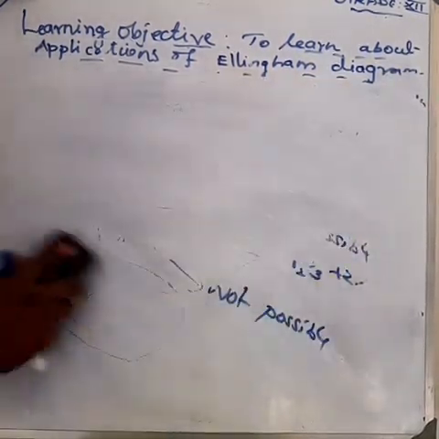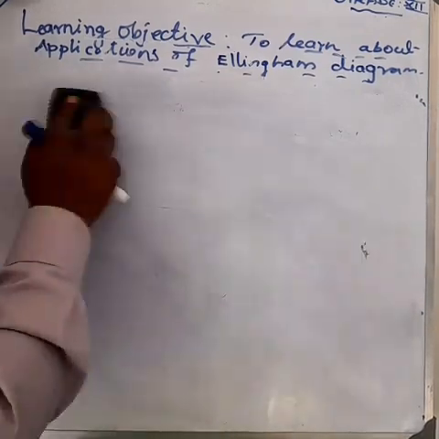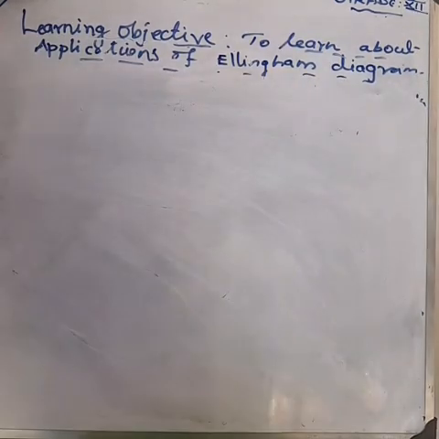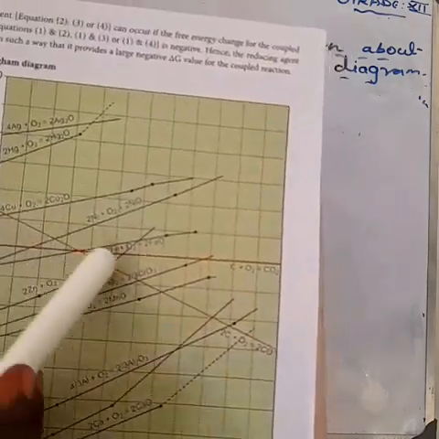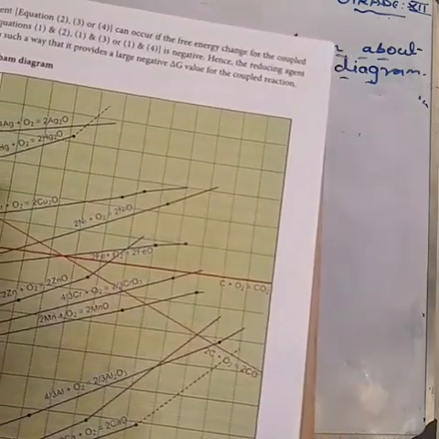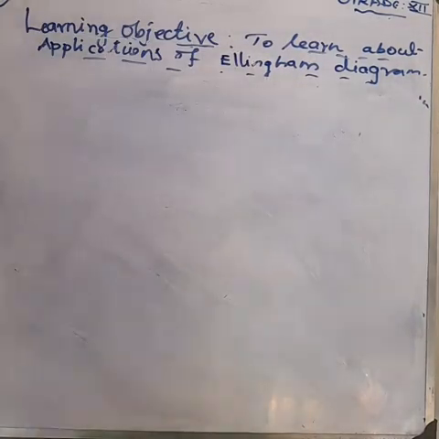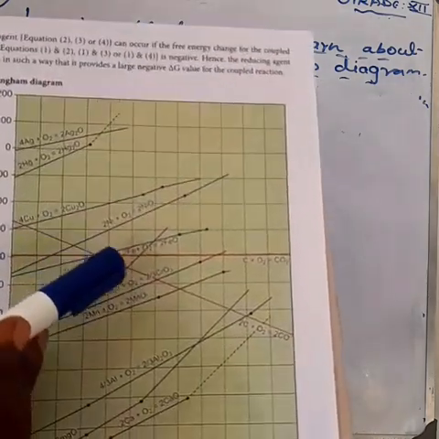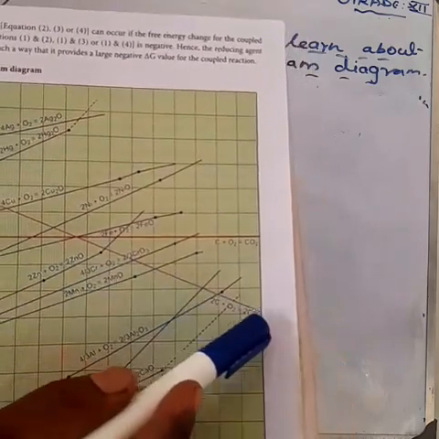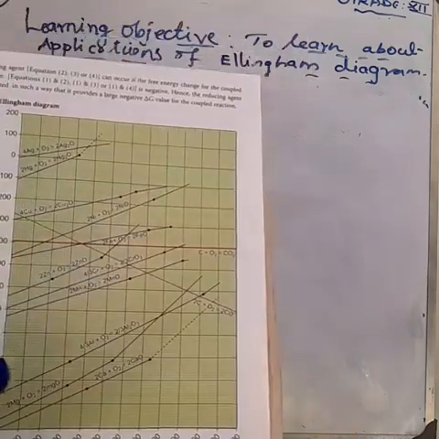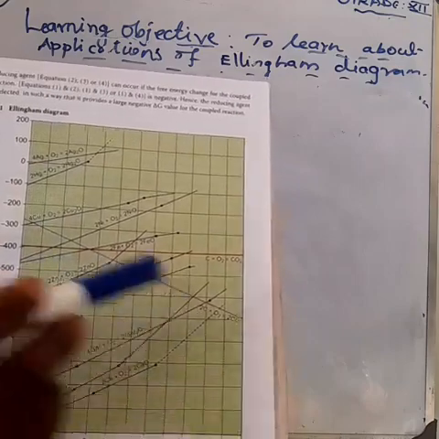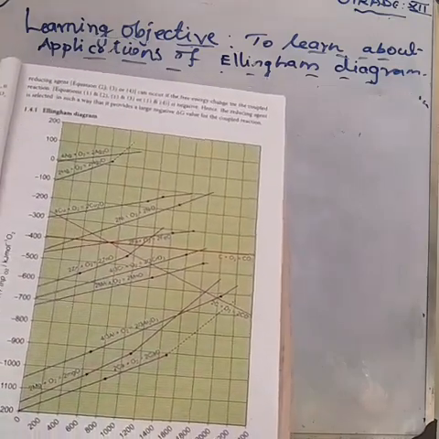Please look at the Ellingham diagram. Here, only one line has a negative slope, that pink line. Am I right? That is the carbon line. The carbon line cuts across the lines of many metal oxides, so it is touching many metal oxides. Hence, it can reduce all those metal oxides at high temperature.